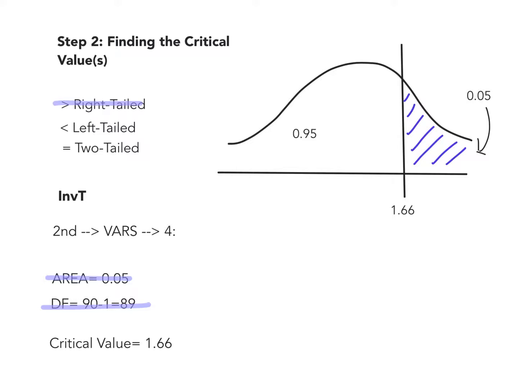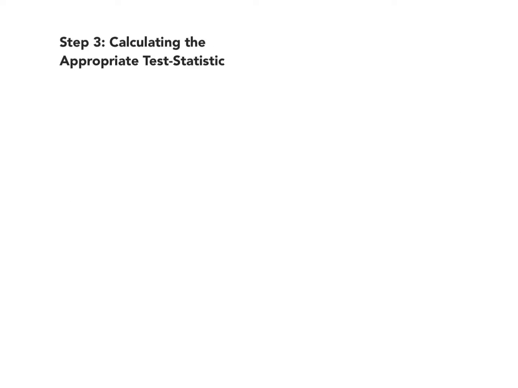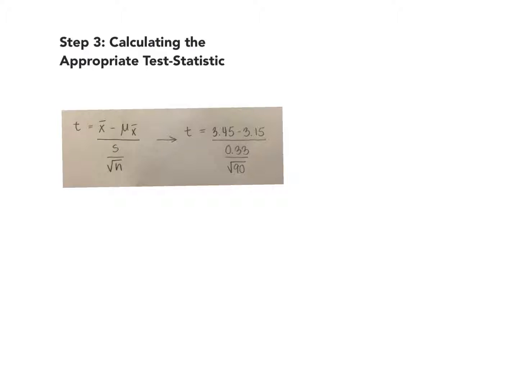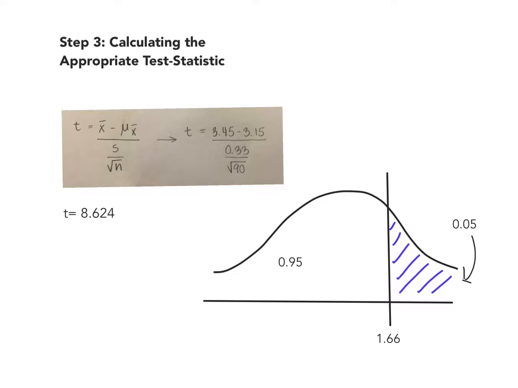Once we have found our value, we can move on to step 3, which is calculating the appropriate test statistic. Since we're dealing with an unknown population mean, we use our t-test statistic formula and plug in all of our values, which looks like this. When we solve for t, we get 8.624 as our test statistic value. We then find where this would be on our critical value graph, mark it, and move on to step 4,